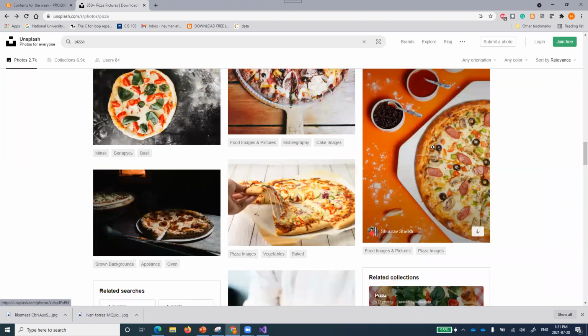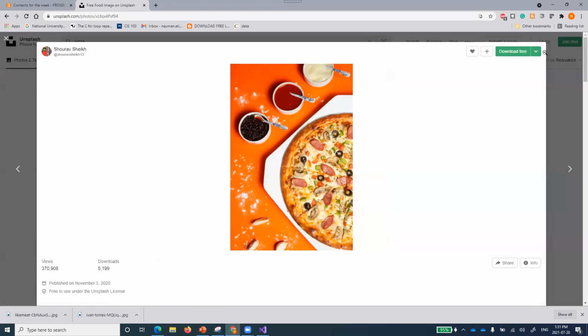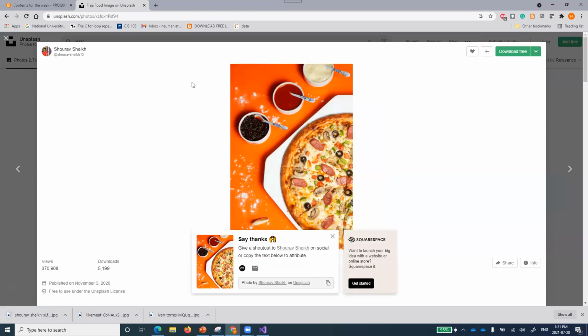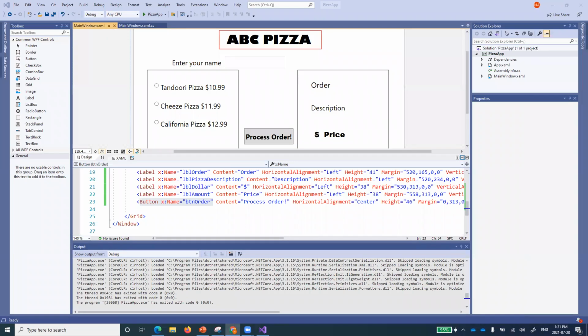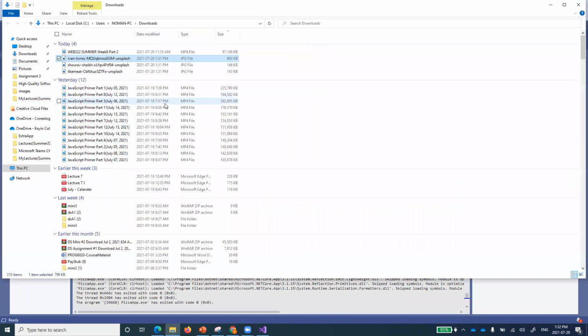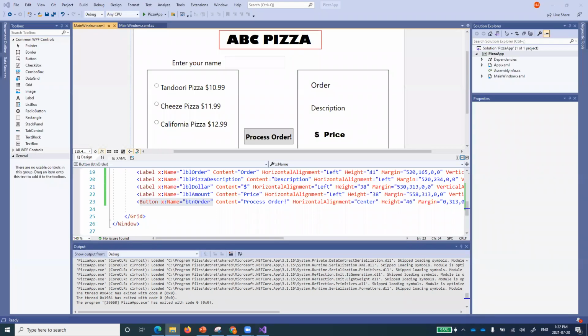So just download any of them. Maybe this one is a good one. A smaller one will be good for us. Anyhow, you can select on your own whatever you want. So unsplash.com. I hope you know about that. And unsplash.com gives you a very good feature: you can always use these images for free, and for testing purposes you can always have those pictures in your project. So I am just downloading and bringing up these pictures.